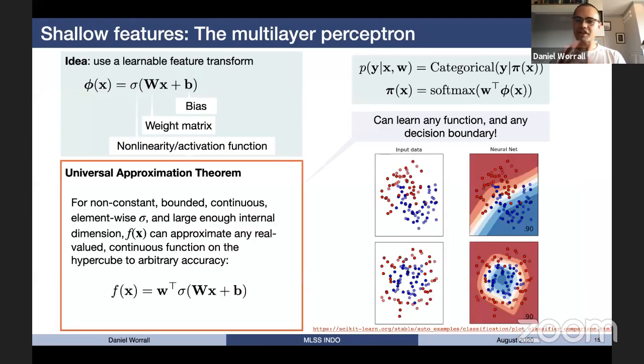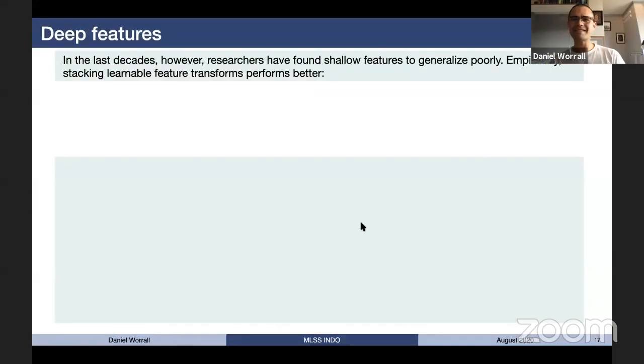this logistic regression problem, and then if we have these learnable features, all we do is change the x's to a function of x, then we have what's called a multilayer perceptron, and we can learn any classification function. And here's a couple of examples here. That doesn't seem to work very well because it doesn't generalize well. What do I mean by that? Well, I mean it doesn't work well on new test points,